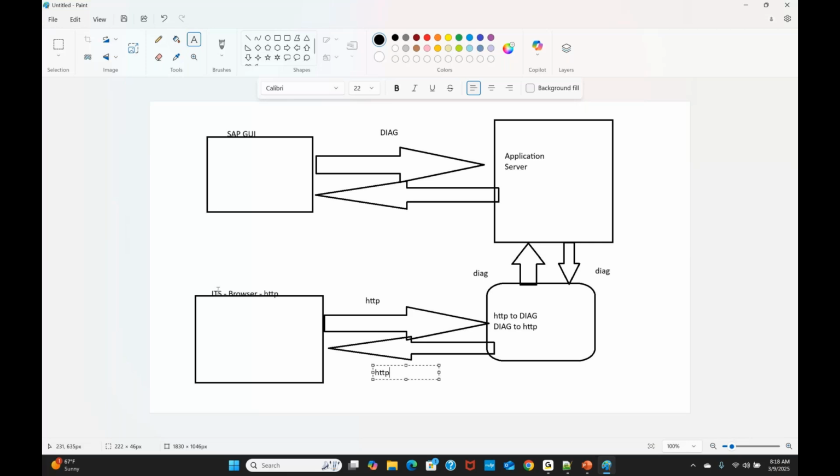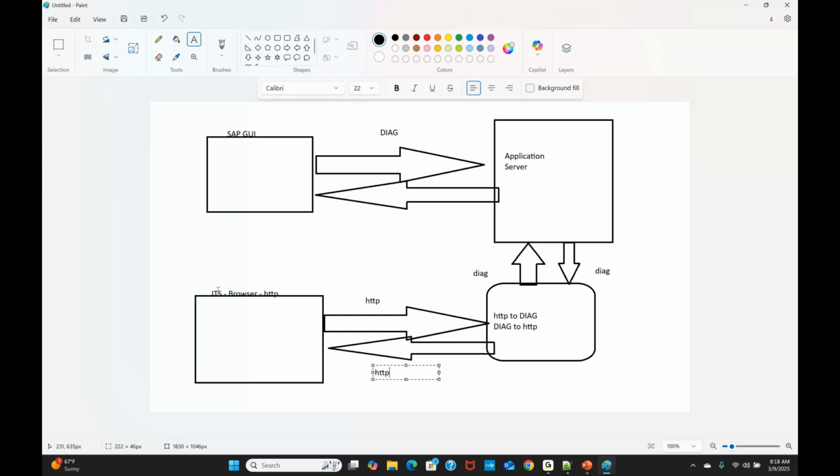ITS mainly works like the GUI, meaning you can open transactions in the browser instead of the SAP GUI. You can open only some transactions, and it is meant only for transactions. The drawback of using ITS is that we can only open limited transactions, like SE11 or VA01.